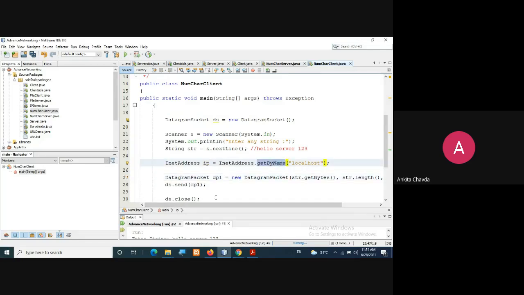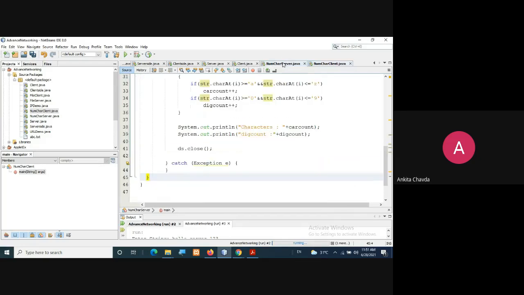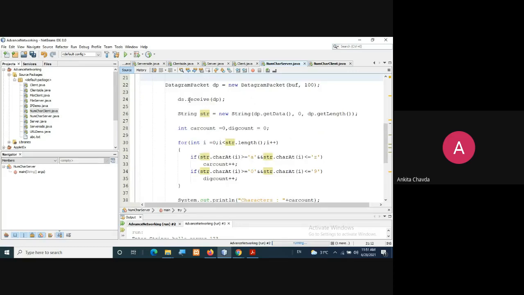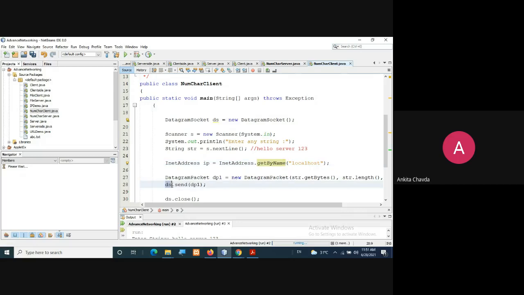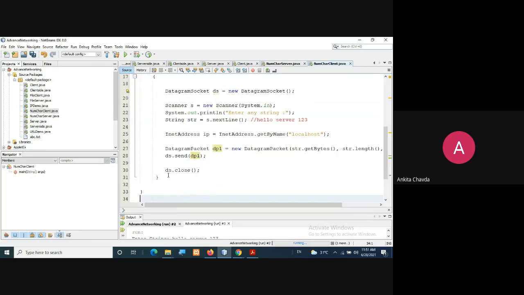Then I'm sending this. Here the server is receiving this, right? And here I'm sending this. So ds.send(dp1): via this DatagramSocket object, I am sending my packet dp1. This is right. And finally, I am closing everything.